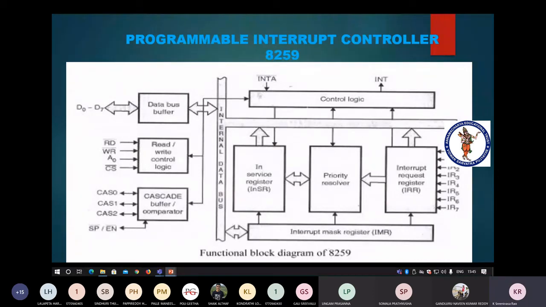This is also a register. Among this register, if any one of the bits is 1, that indicates that the corresponding interrupt is disabled. So the interrupts are IR0, IR1, IR2, IR3. Such request lines are disabled, that means maskable. So this consists of information related to which sources are masked.